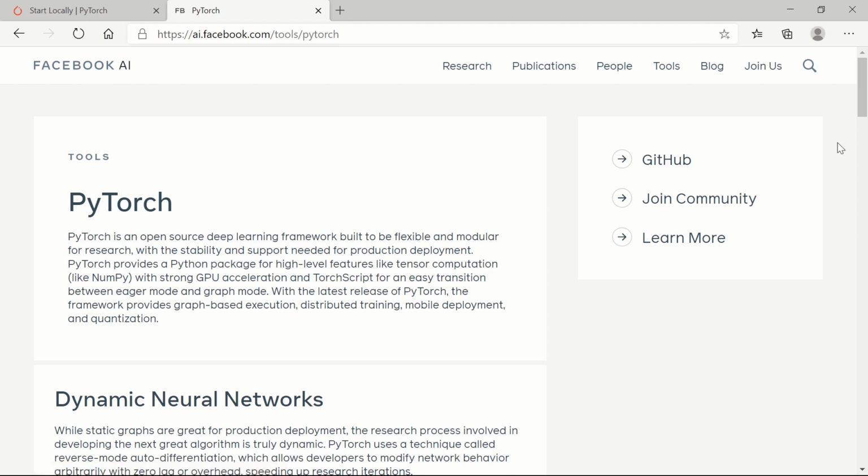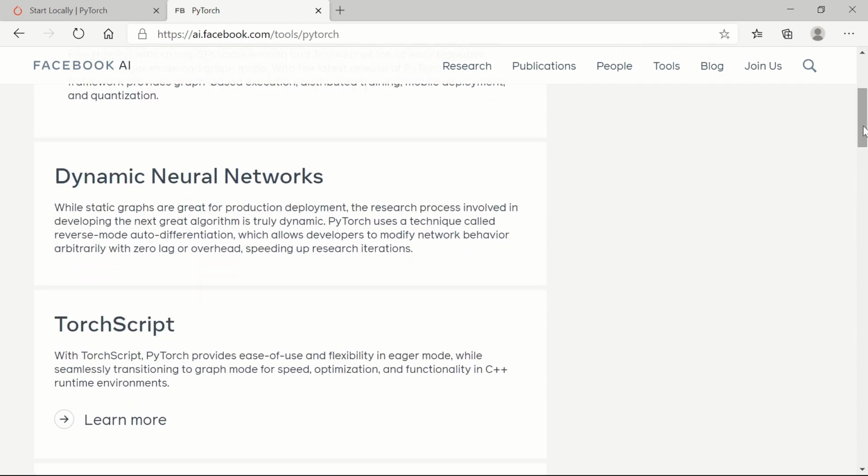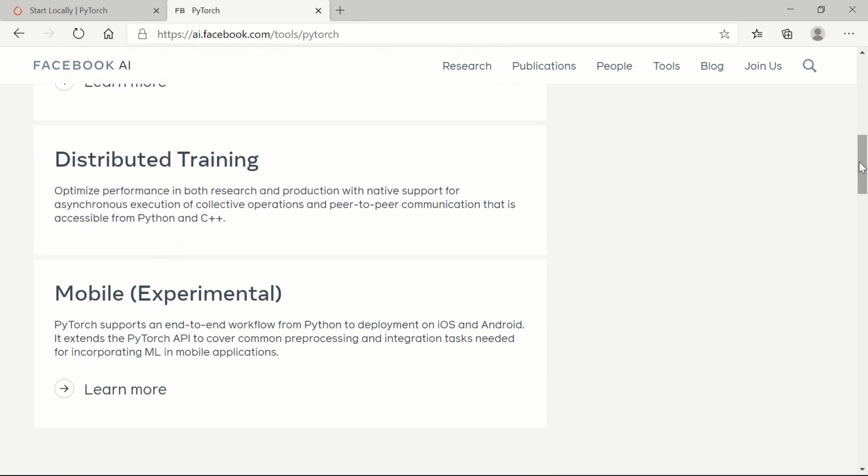The characteristics of PyTorch: it has a dynamic nature and very powerful distributed training on clusters,